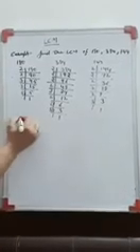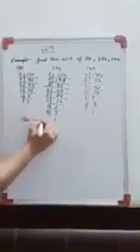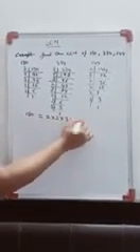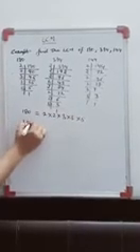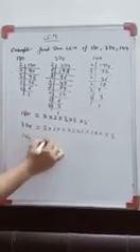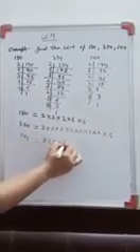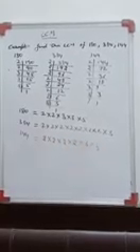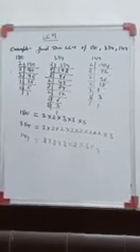So just write the prime factors of 180. 180 is having the factors 2 into 2 into 3 into 3 into 5. Next, 384 is having 2 into 2 into 2 into 2 into 2 into 2 into 2, that is 7 twos, and then 3. Next is 144. 144 is 2 into 2 into 2 into 2 into 3 into 3. We have written the prime factorization of 180, 384 and 144, right?